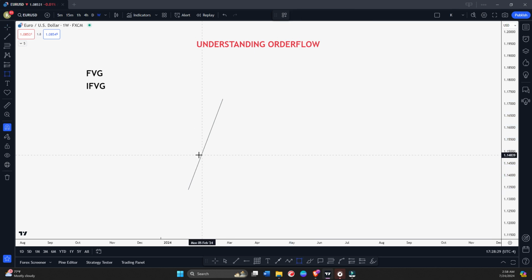Okay, so let's say here we created, for example, a daily fair value gap here, and let's say we have one more daily fair value gap here in this price leg. So let's say price moved from this low to this high, and we have created two bullish fair value gaps. And let's say the structure was also looking bullish. We don't have any bearish fair value gap here from where we can look for sell. So basically the structure is bullish, and we have created bullish fair value gaps. So we know if market will tap this fair value gap, we can look for a bullish setup from this